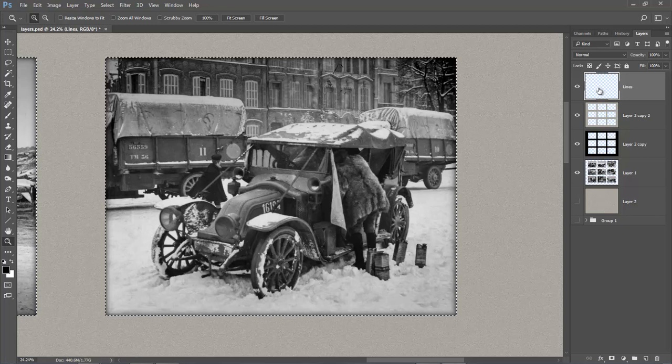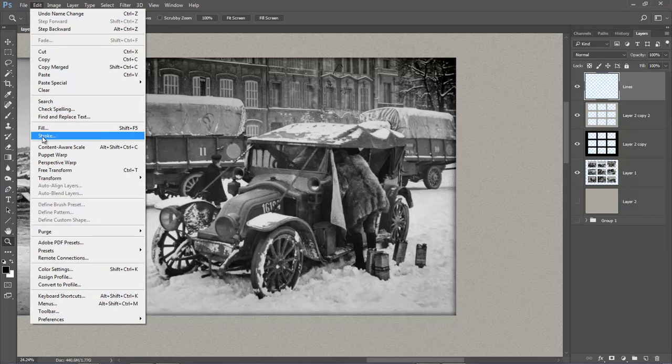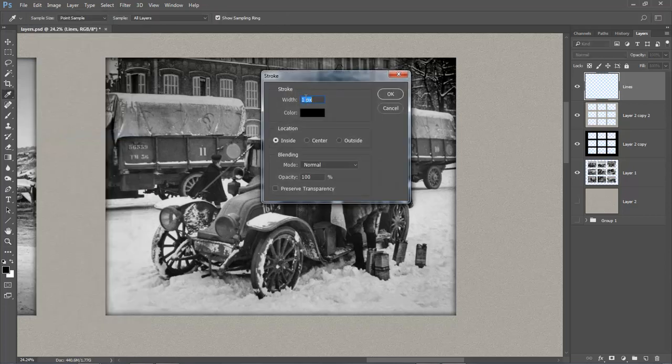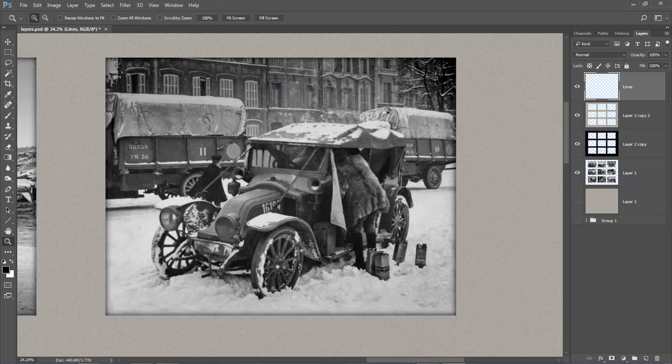So let's go to, I'll tell you what we'll do first of all. I'm going to hide my selection. Although the selection is still there and working, it may help us to see the line better. So Control H will hide the selection, edit, stroke. How many pixels do I want? Well, this artwork is fairly big, so I'm going to say 5. I'm going to say on the inside of the edge here, so let's click OK,